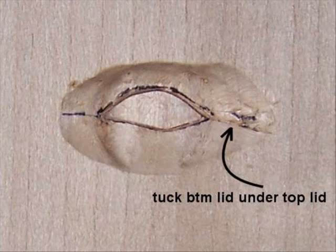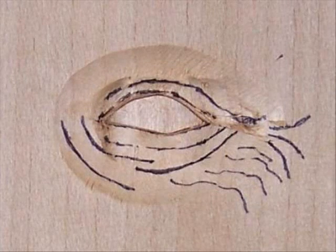You'll also notice that I made mention here of tucking the bottom lid under the top lid, and you can do that with a detail knife or with a shallow gouge, either way, but you definitely need to tuck that lid under. Okay, now we've got our eye carved and it's nice and round and everything's looking good,